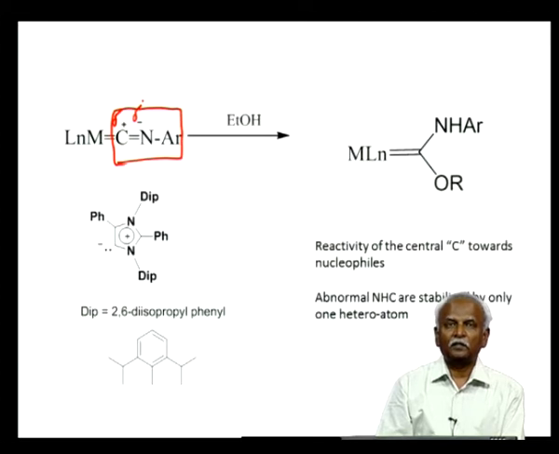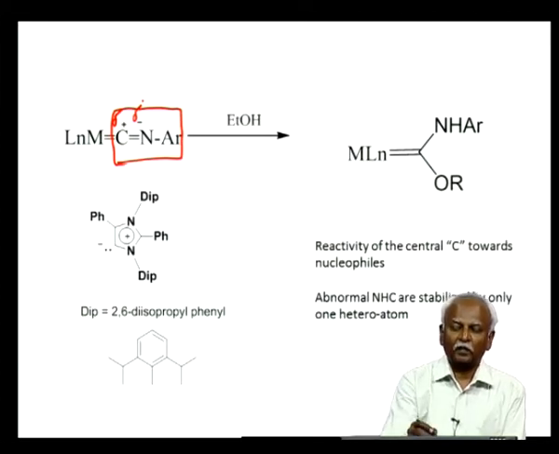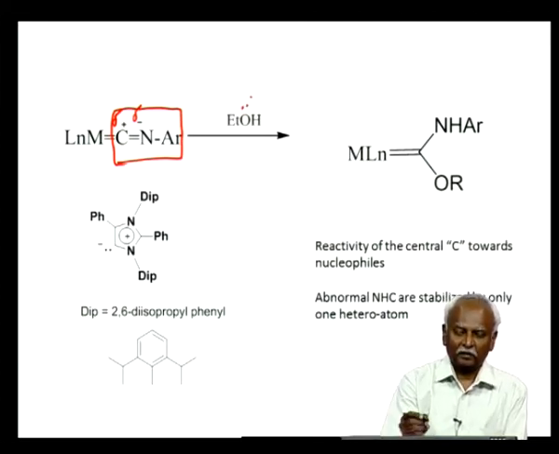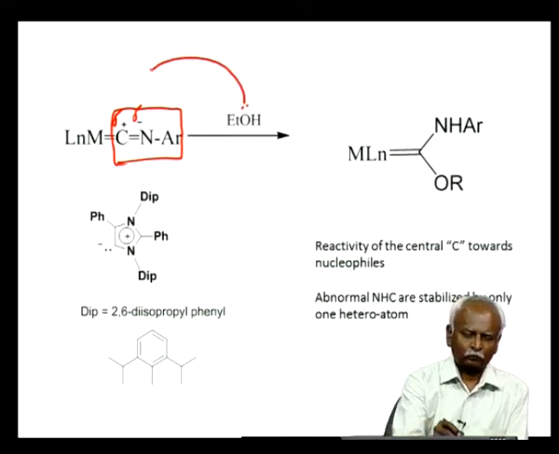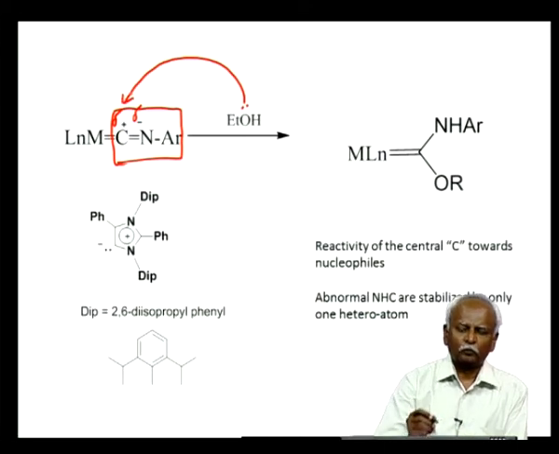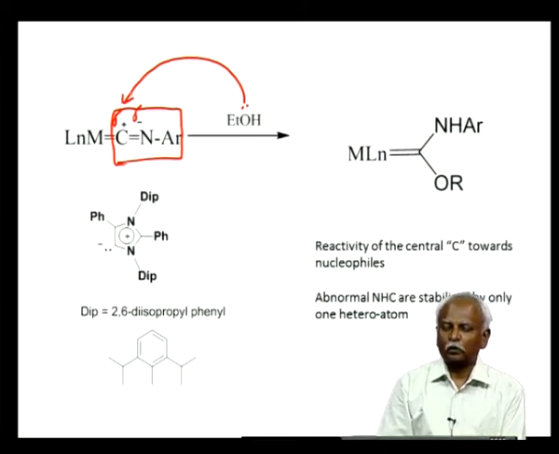And because of these differences, you can have a nucleophilic attack by the ethanol, which is used as a solvent, on the carbon. So, this nucleophilic attack leads to the formation of a molecule which I told you is a